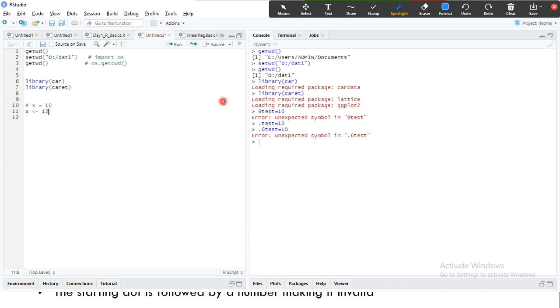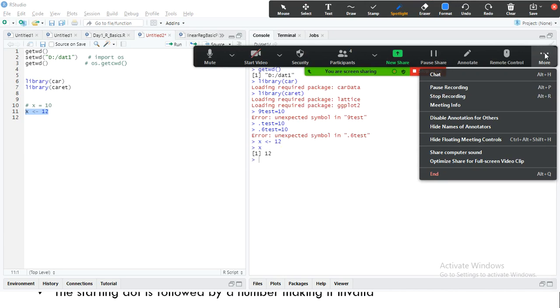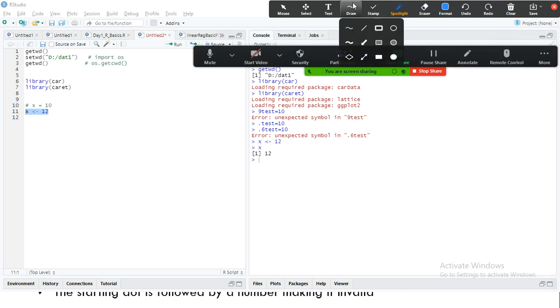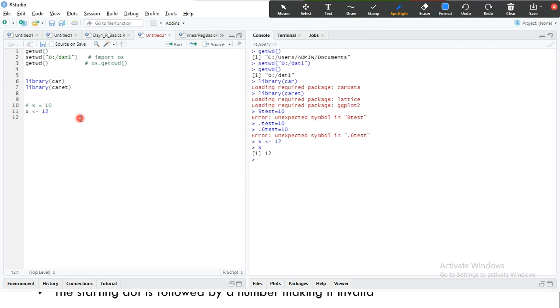I'm going to execute this one, and I just print x. Sorry, x equal to 12, and look here, in the console I just typed x to check what value is stored in the variable x.